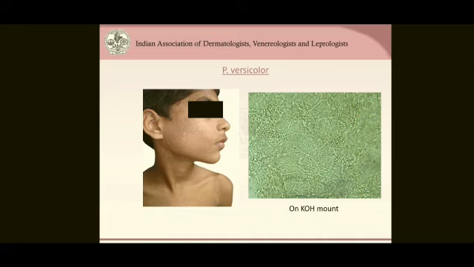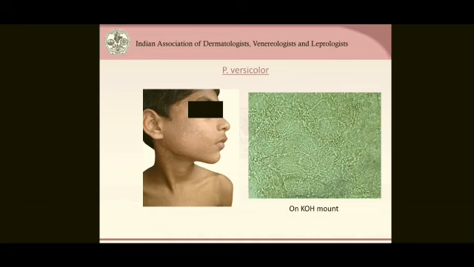So this is the pictorial description. The left side picture shows multiple hypopigmented macules, and few areas it shows coalescing patches. And the second picture is showing multiple filaments. Those are nothing but spaghetti, and multiple yeast cells, cluster-like arrangement. Those are nothing but